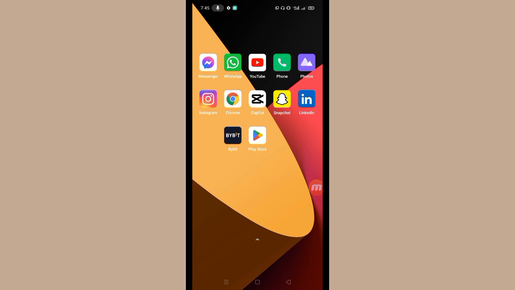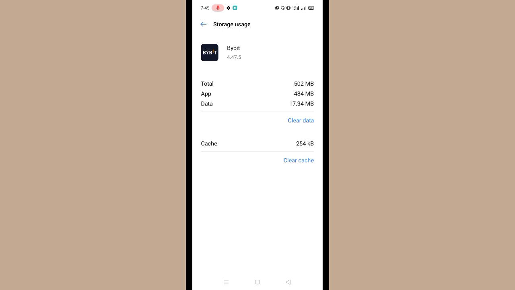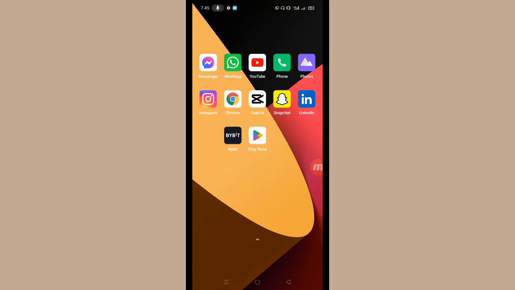Let's get started. First of all, long press on the Bybit app and now tap on App info. After that, tap on Storage usage. Now clear the cache and after that clear data. Now OK. Now close this app and go to Google Play Store